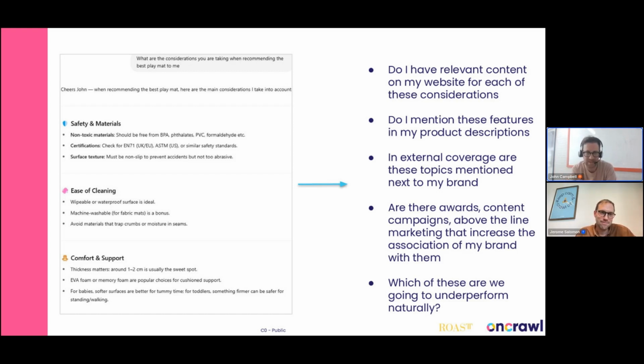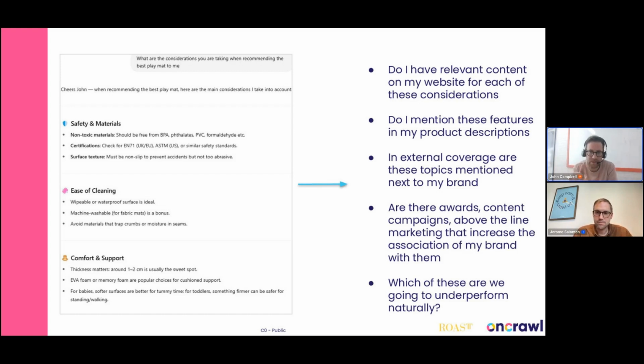So later down in this list, when it was talking about playmats, it says the ability to pack away your playmat. And for Rock Stepper, it's a huge playmat. You can only roll it. You can't fold it. You can't store it easily. So naturally, we're always going to be at a disadvantage compared to other playmats when it comes to that type of thing. And so, yeah, there's some real good insights into the things that the model's thinking